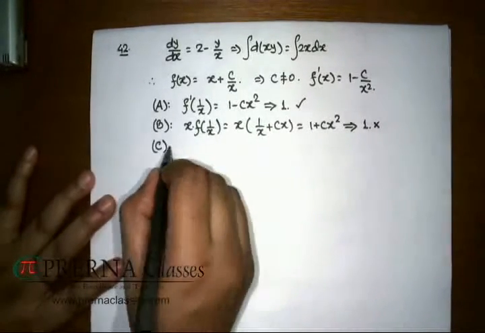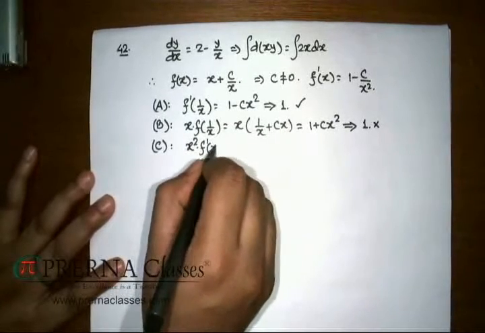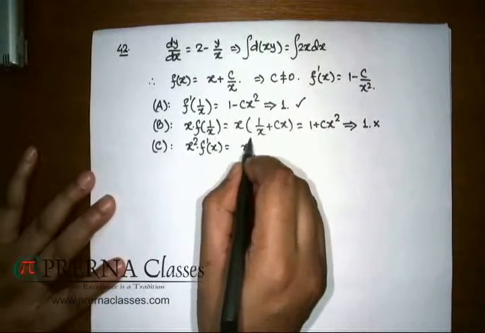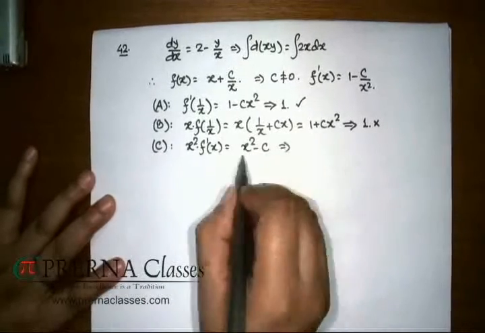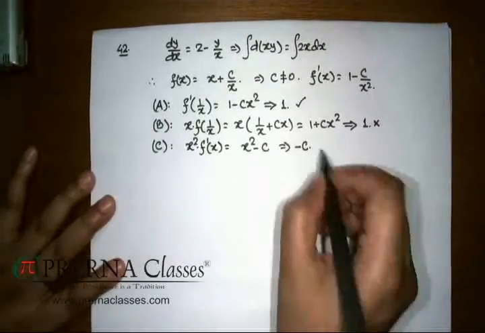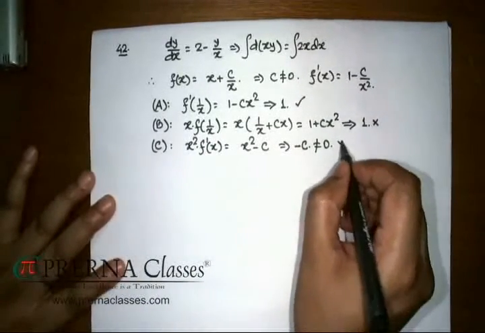In the third case, we have x square into f dash of x along with x approaching 0. F dash of x is this, so you can check that quantity turns out to be this, where x approaches 0, so this is going to approach minus c, which is never going to be 0 according to the problem. Clearly then this option is also incorrect. It's given to you as 0.